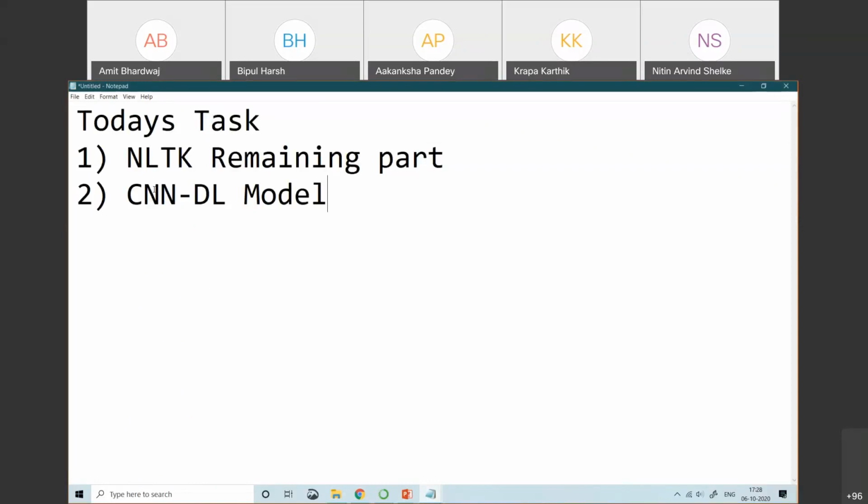Can we have a word cloud of whatever you have done? We are able to calculate the frequency of each keyword, but now we want to see how we can find the subjectivity, and with the help of polarity, how we can do sentiment analysis. Is that possible?